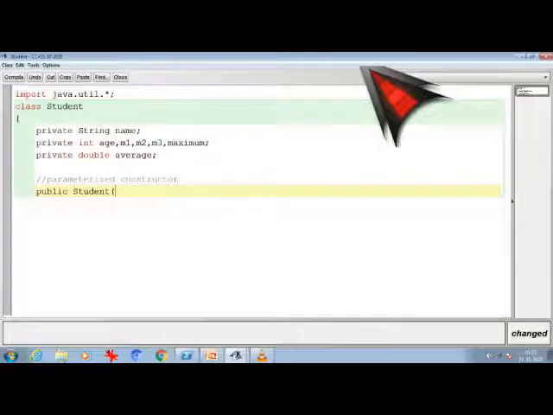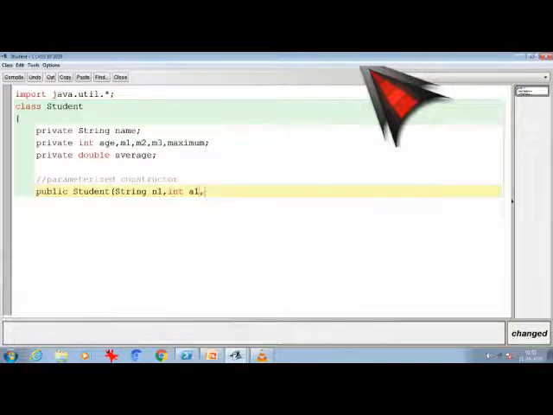Whichever values I am taking from the user, I will send all those values in the parameters. I will take the name of the student in a different variable, then the age in a different variable.